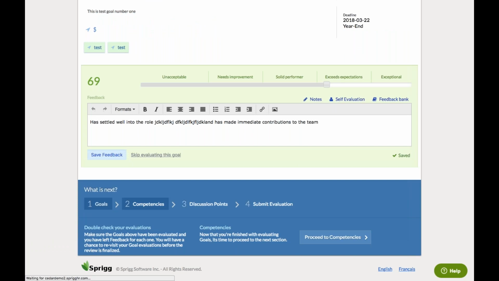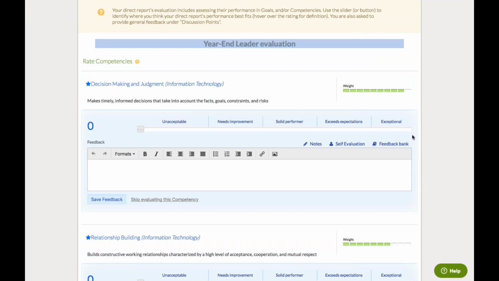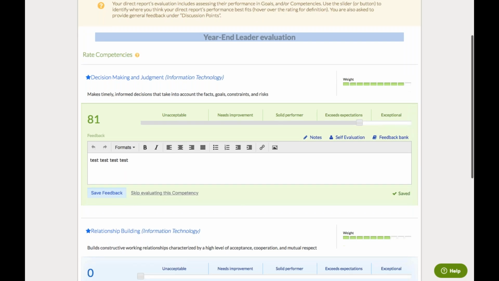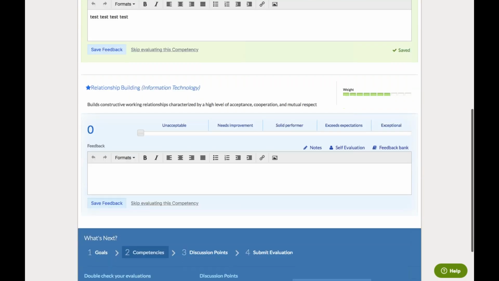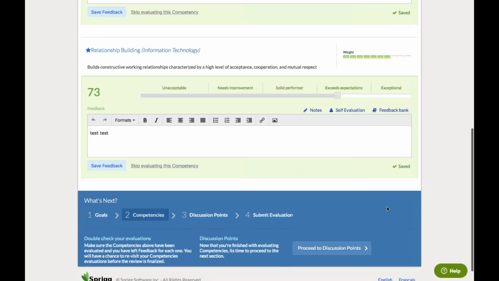So competencies is my next portion of the review. Very same process here, where I would be able to view the content, the definition of this competency, provide the rating, and then provide a piece of feedback. I certainly don't have to use the feedback bank, but anything I do use, I can, again, modify within the text field. Okay, I'll have to hit save, and then it prompts me to move on to the next competency. Okay, and again, similar process here. Okay, and then which prompts us now to move to the third and the final step of the review process,